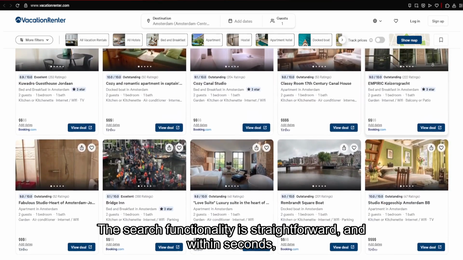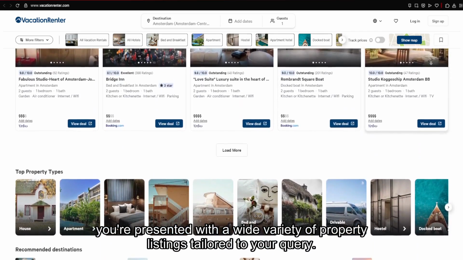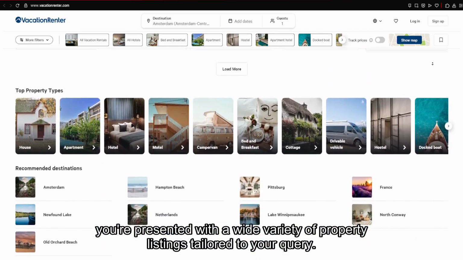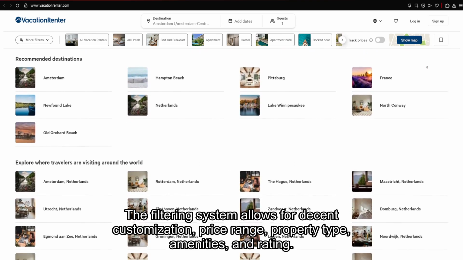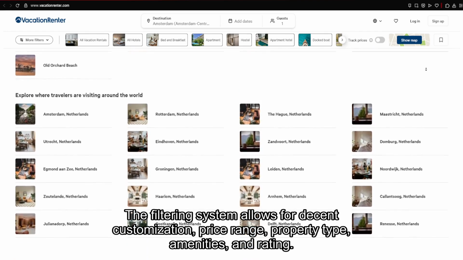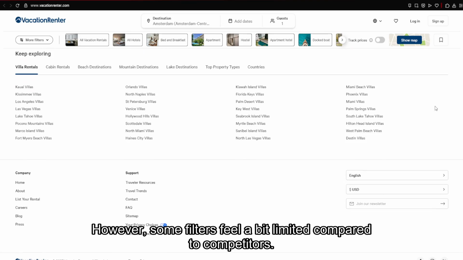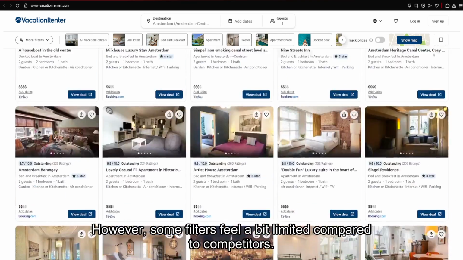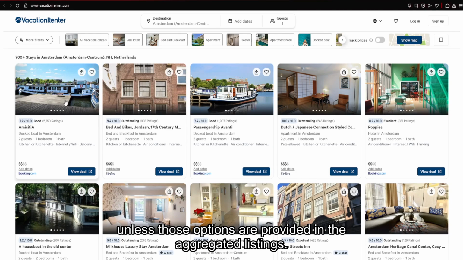The search functionality is straightforward, and within seconds, you're presented with a wide variety of property listings tailored to your query. The filtering system allows for decent customization: price range, property type, amenities, and rating. However, some filters feel a bit limited compared to competitors. For instance, you can't always filter by cancellation policy or specific neighborhood unless those options are provided in the aggregated